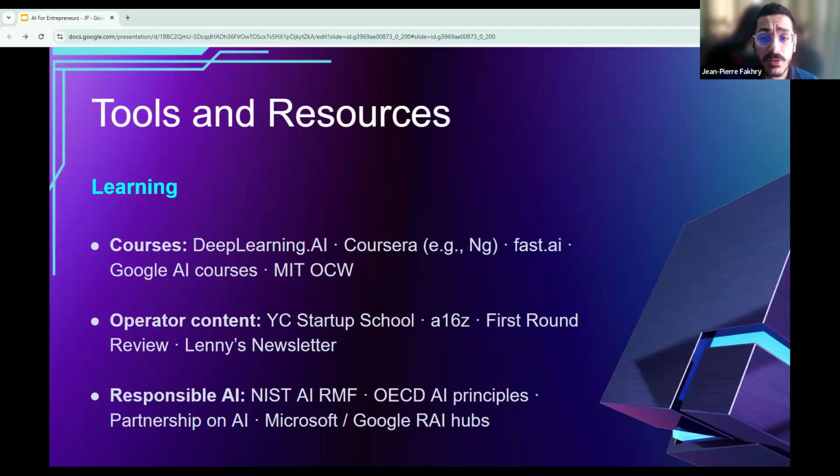Also, there's responsible AI. What is responsible AI and why should the founder care? This is a very important point, guys, because if you're gonna build startups, you really need to abide by responsible AI. These refer to the principles, processes, and practices that guide how AI systems are designed, deployed, and governed in ways that are fair, safe, transparent, and accountable. All right. So these are also very, very important. So do keep them in mind.